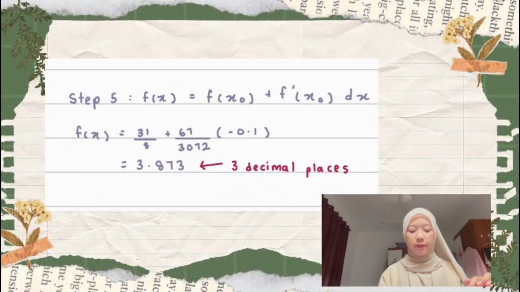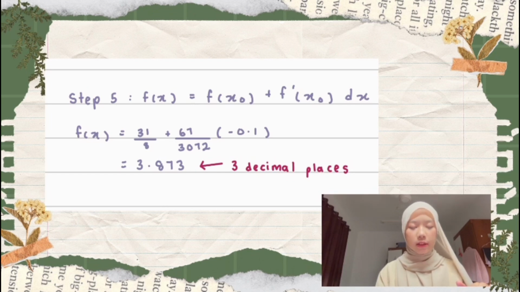And step 5, f(x) equals f(x naught) plus f prime of x naught times dx. So, 31 over 8 plus 67 over 3072 times negative 0.1, and we will get 3.873